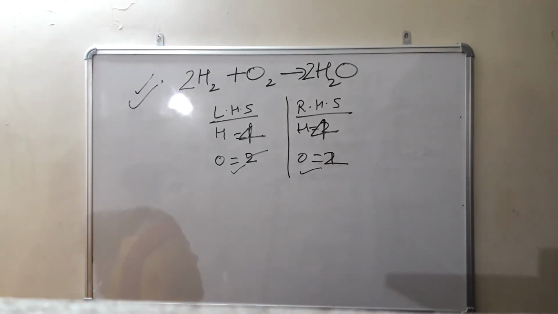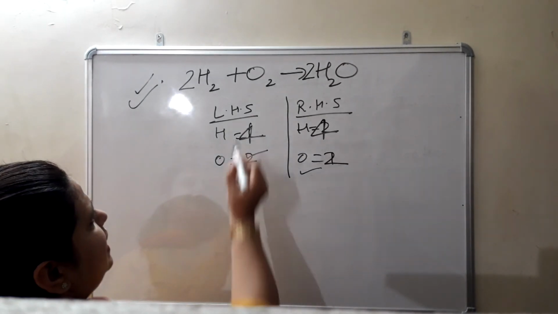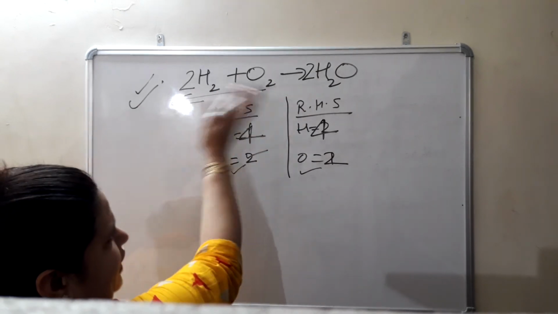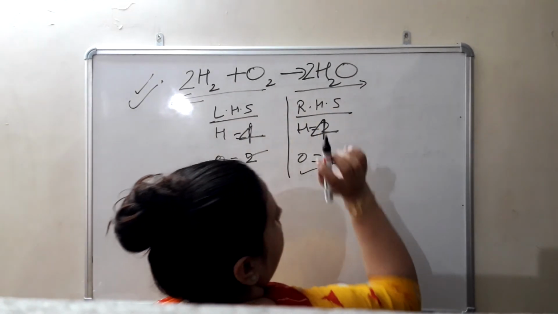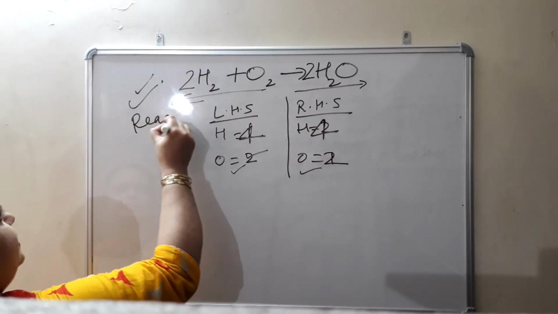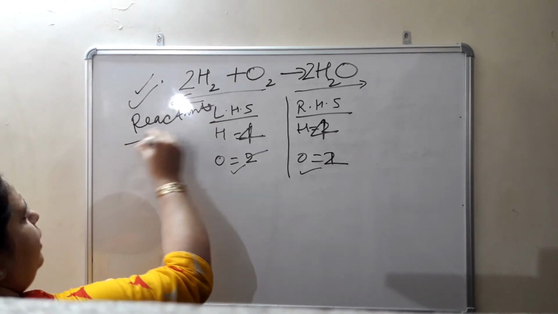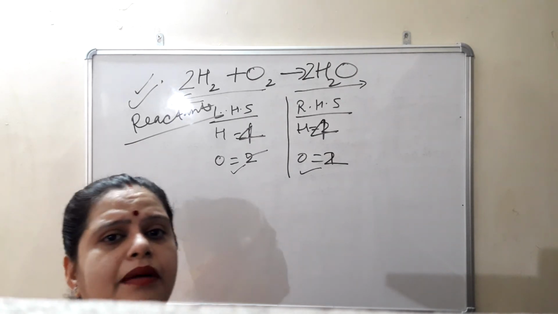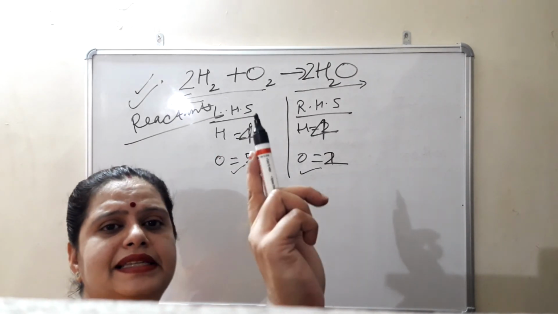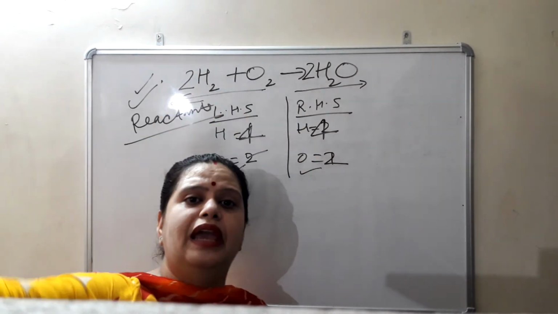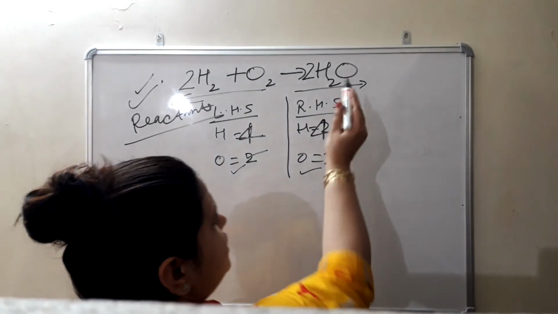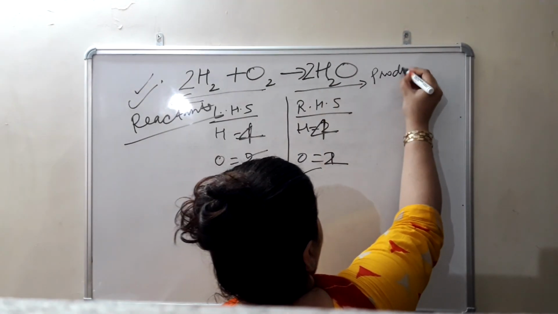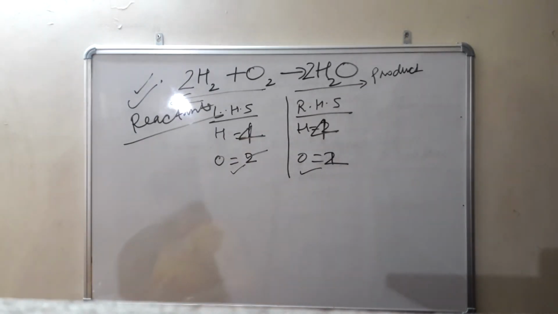See 2 more examples. These are known as reactants, which are written on the left hand side, and this is known as product. Reactants, and not necessary कि reactant 2 या 2 से ज़्यादा होने चाहिए. No, because in thermal decomposition reaction, one reactant is there which undergoes heating to give many products, and in this case it is a single product. Now come to the next example. See here the next example, second example.